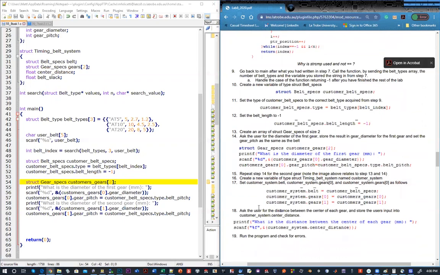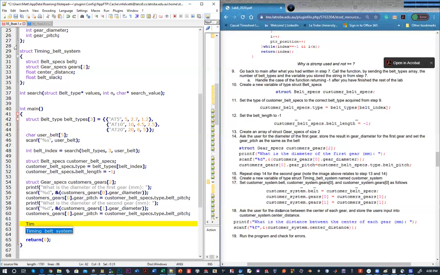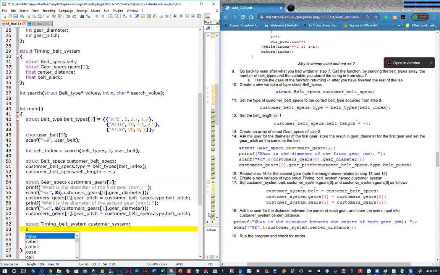Now we need the system. Okay, so we're going to create a system. We've got this struct timing belt system here, and we're going to call it customer system. And what we're going to do is store everything in it. So we're going to store the belt in it, we're going to store the gears, we're going to store these other two variables as well. So I'm going to do customer system dot belt is going to be customer belt specs, and customer system dot gears